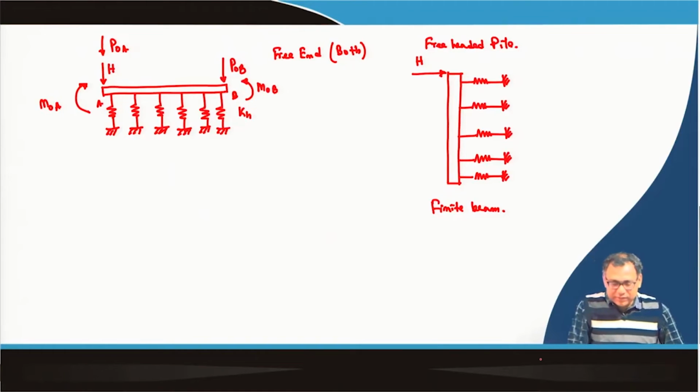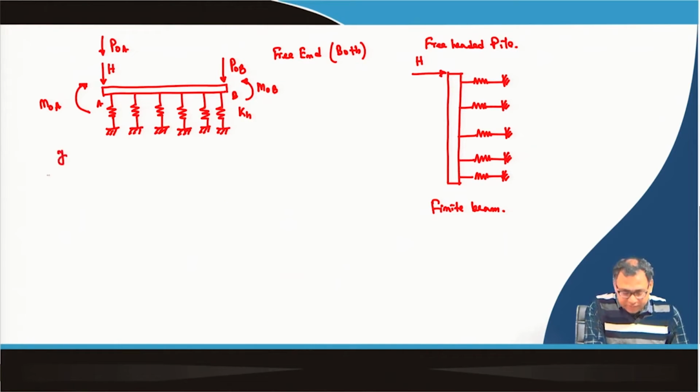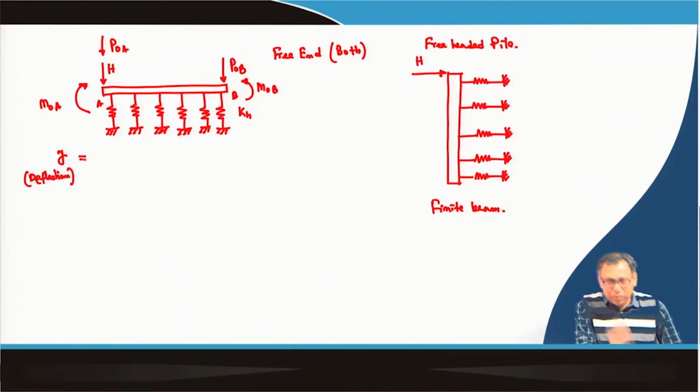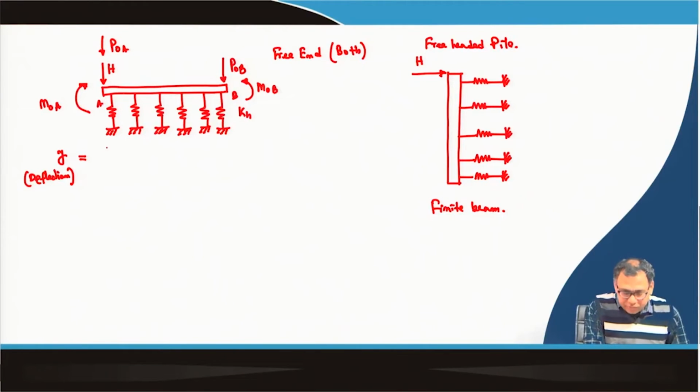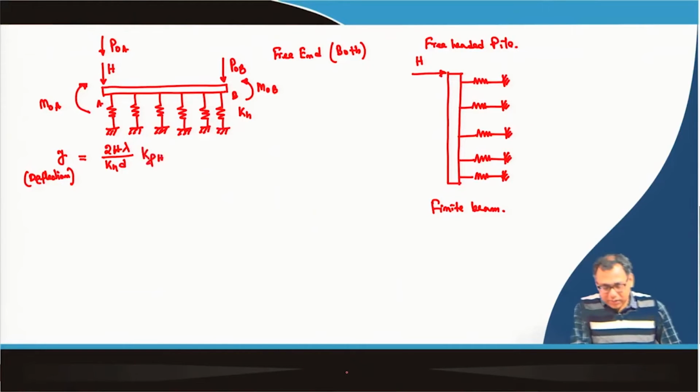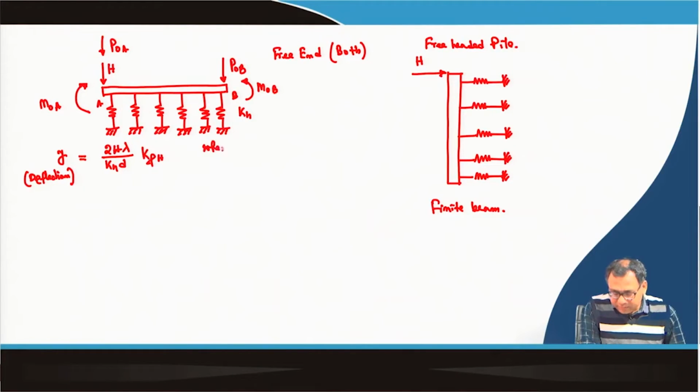After solving, we get the deflection y at any point within that beam as 2 h lambda divided by k h d, into k rho h, where lambda will be equal to